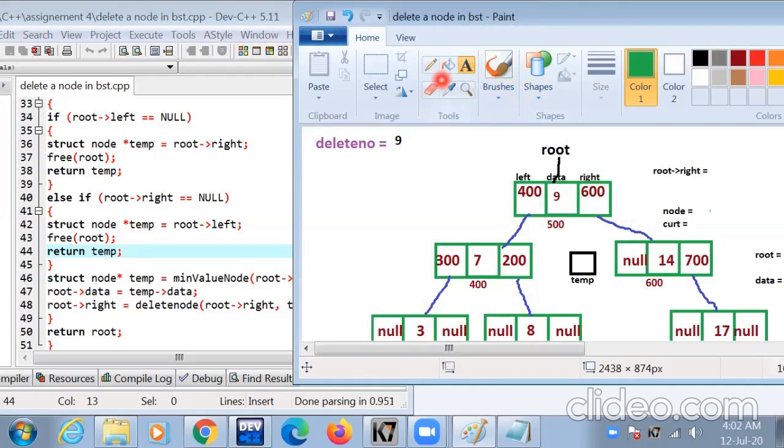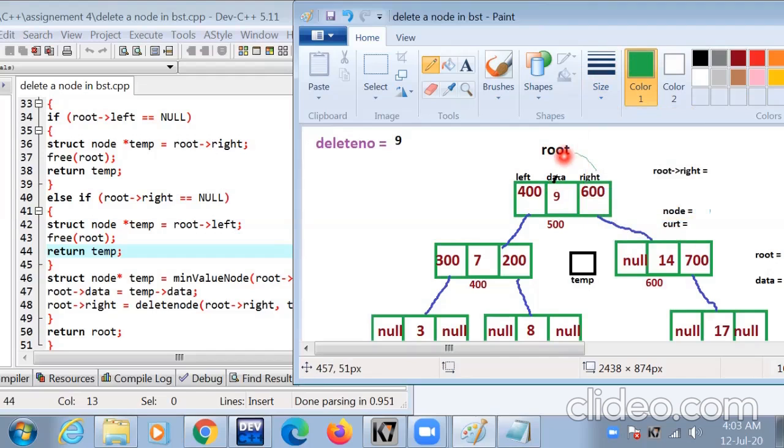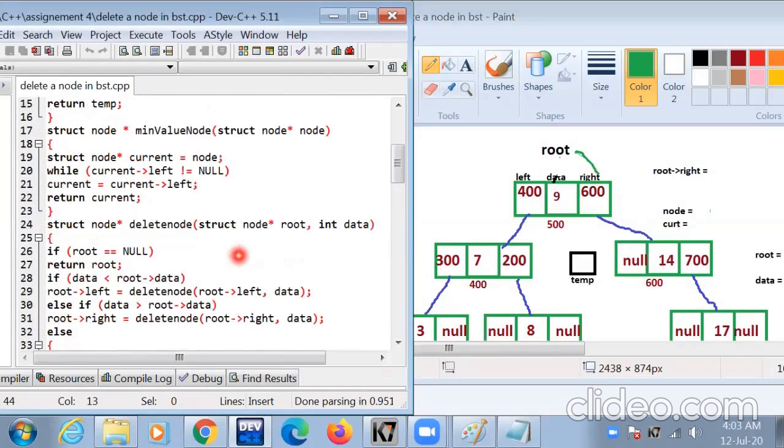Root points to this node, and this link is removed, and root points to the right part. We call the min value function.